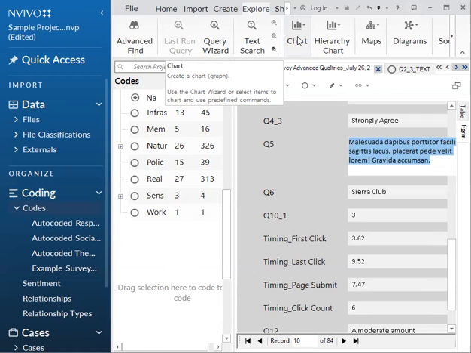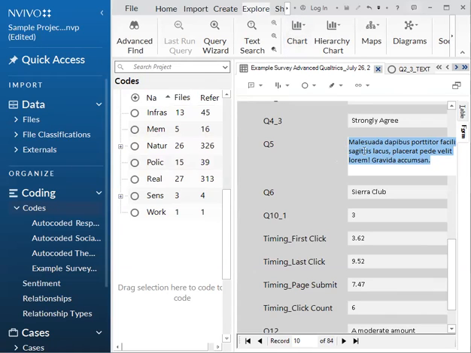So this feature allows you to run queries specifically within the folders where the open-ended survey responses were auto-coded, for instance. So you can run a query within the folder for question 5, which, as you can see on our screen, is a free response question.